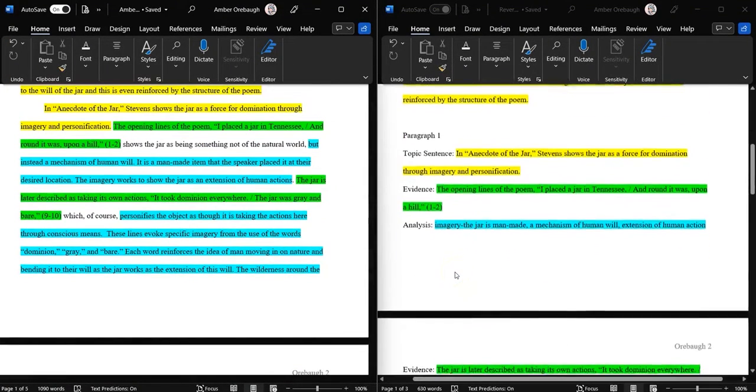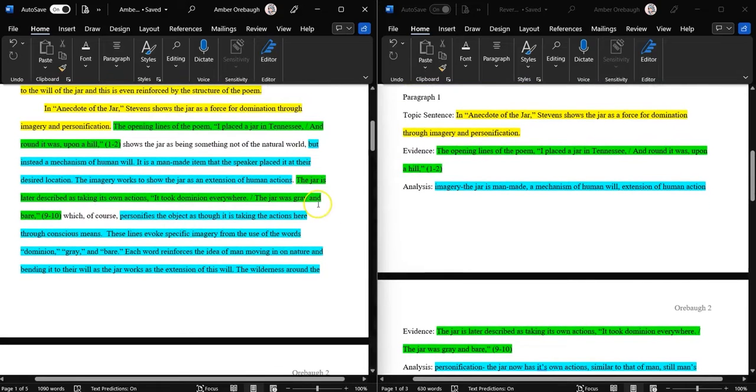If you look at the next yellow, that seems to be my topic sentence for my first paragraph. There's no transition here because generally, if you have a thesis at the very end of your introductory paragraph, it acts as a transition into your first body paragraph. Some people will transition anyway. I don't, because I didn't need to. This was a fairly short essay, and I was trying to keep it within the page limit. I just moved straight into an anecdote of the jar.